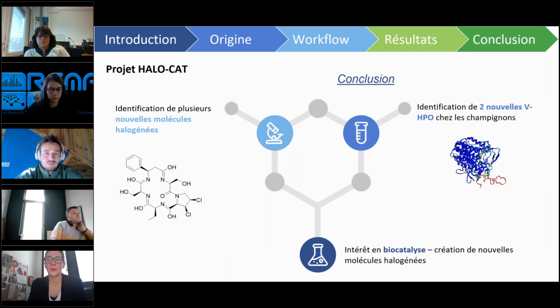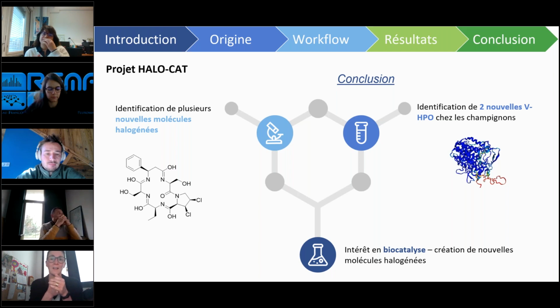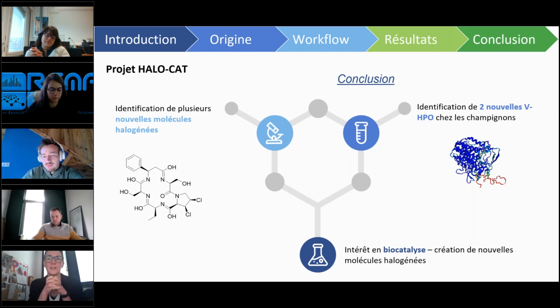Next, please. So in conclusion, in this project, metabolomics has helped us to identify in a more automated way from very complex mixtures, because when you work with natural extracts, of course, there are complex mixtures. So it helped us to highlight new halogenated compounds that are at the moment being isolated to be characterized and to elucidate their structures.